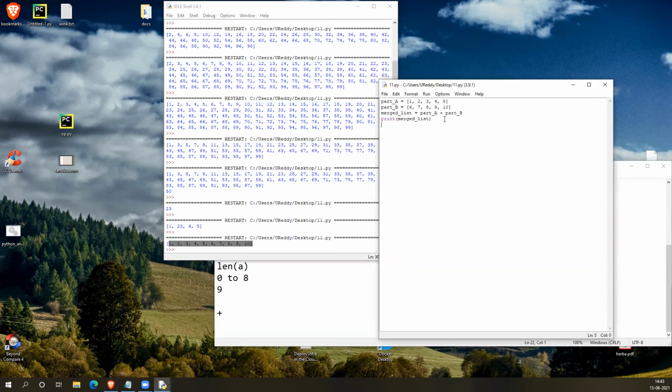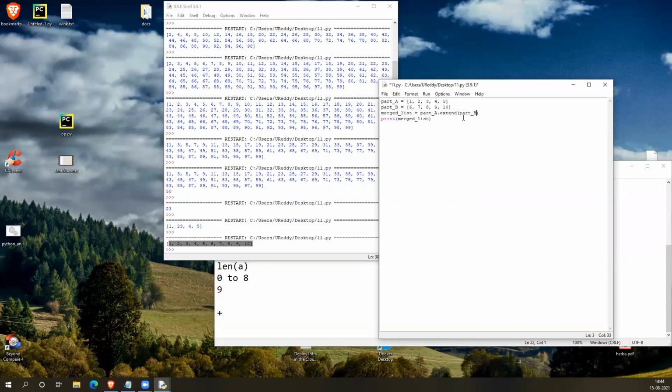Instead of using this plus, you can use the extend function also. But extend is not a normal function. It is part of the list object, so to access it, we need this dot beside any list. After that, you see this extend is added. As an argument, I will give the second list.